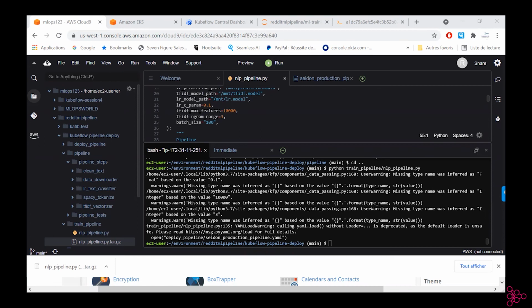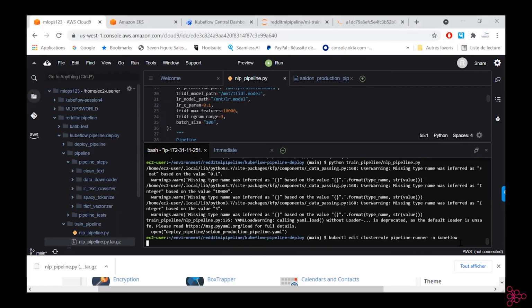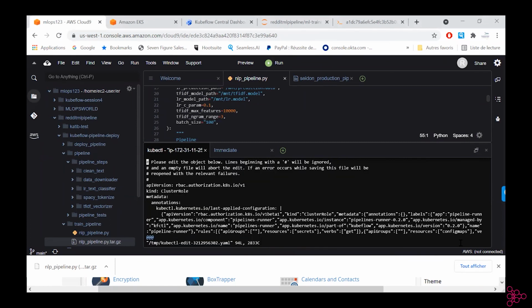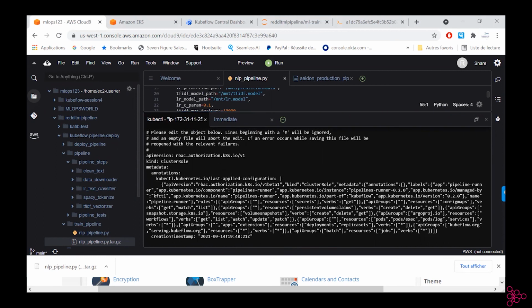So if I want my Kubeflow pipeline to be able to extract images, or I want my Seldon to be able to run the inference, I need to edit that. So here we'll edit it to help the pipeline be able to communicate with Seldon.